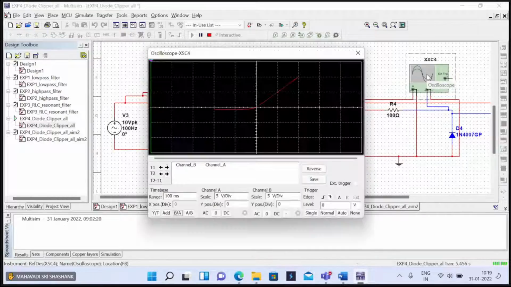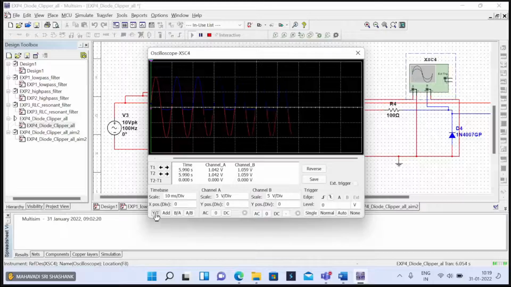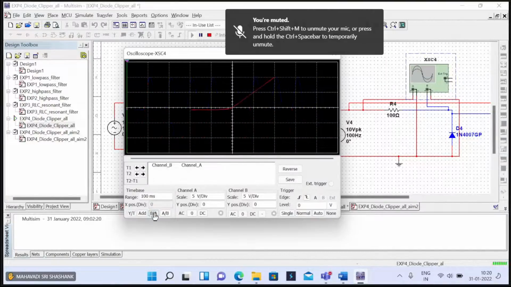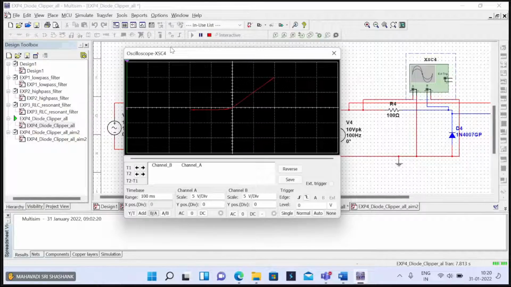This is shunt positive, the transfer characteristics and the output waveform. Yes, ma'am. I'll just try the next time also. I don't know the concept, so